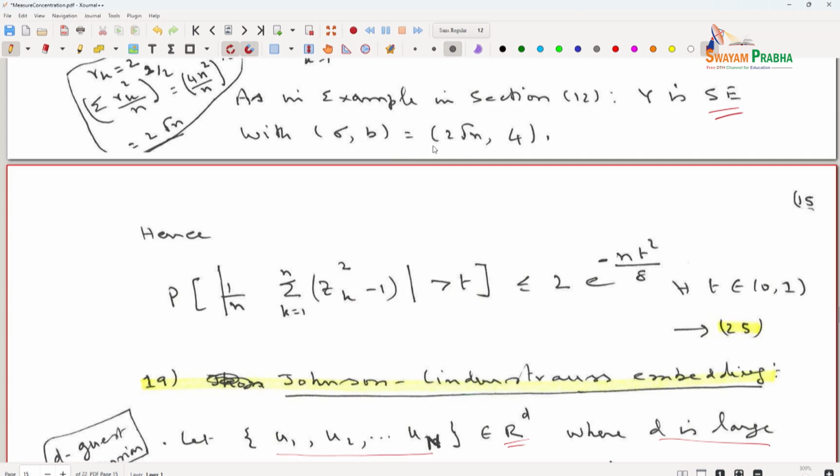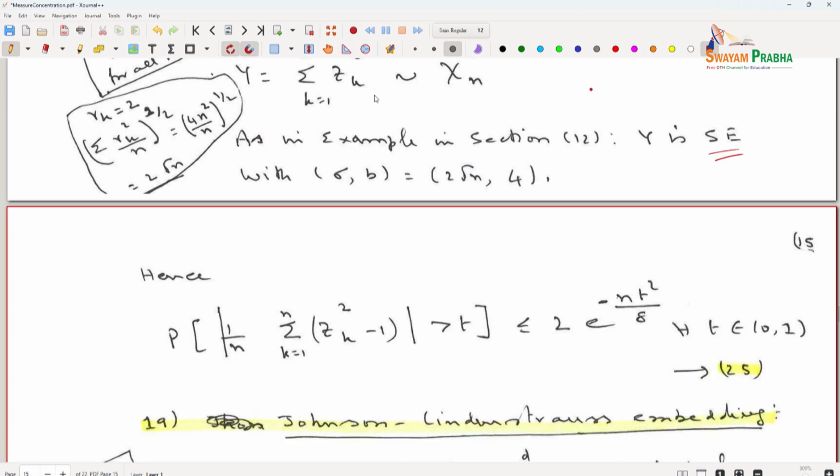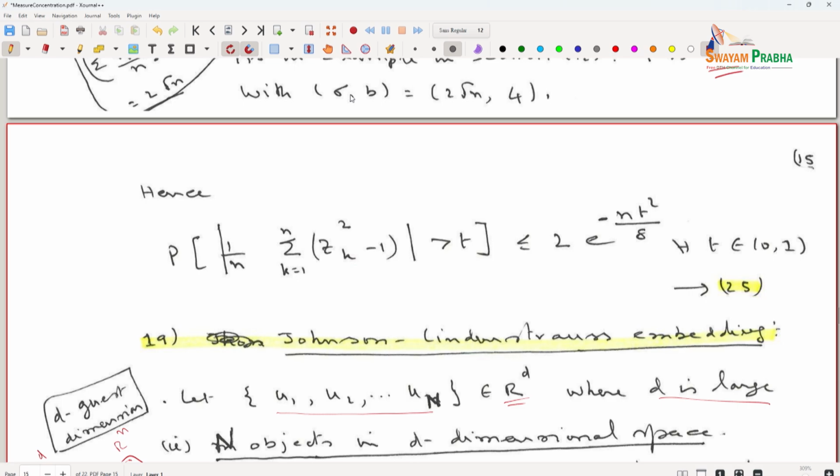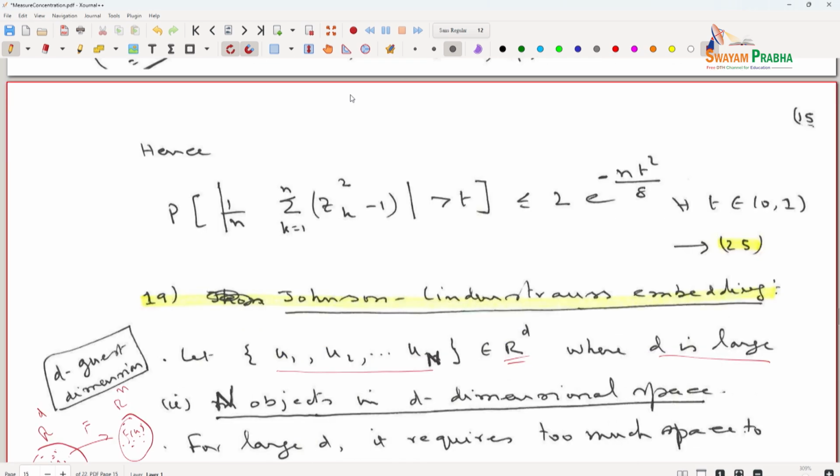So, this is the tail bound. So, we showed that y, which is the sum of the squares of the standard Gaussian IID, is a chi-square variable with n degrees of freedom. So, there, using the result in